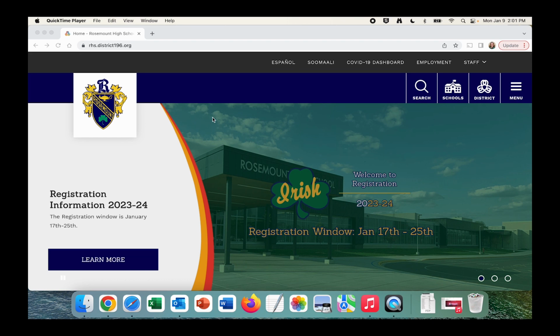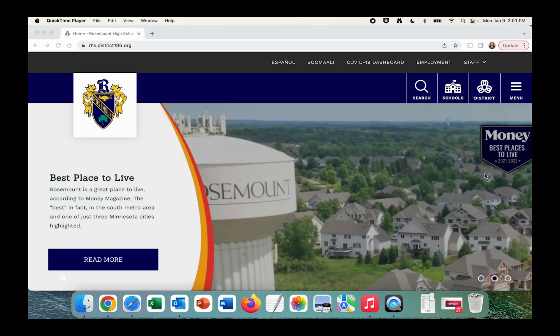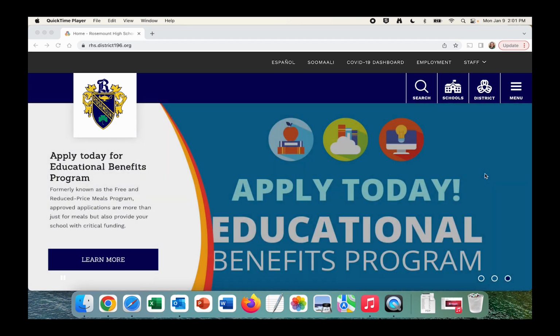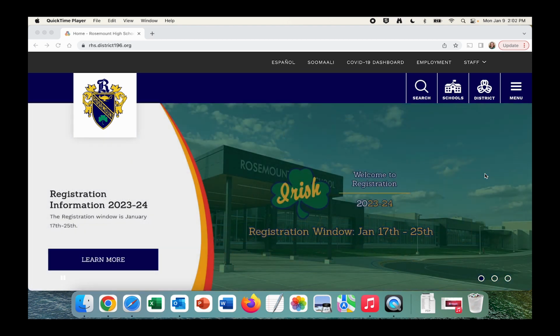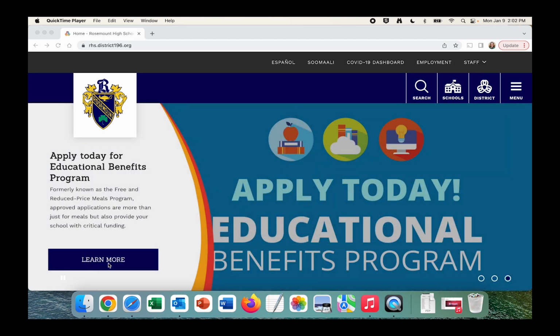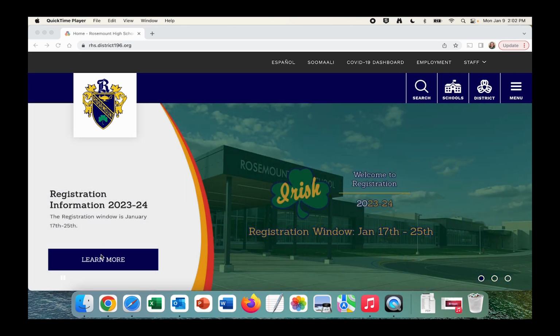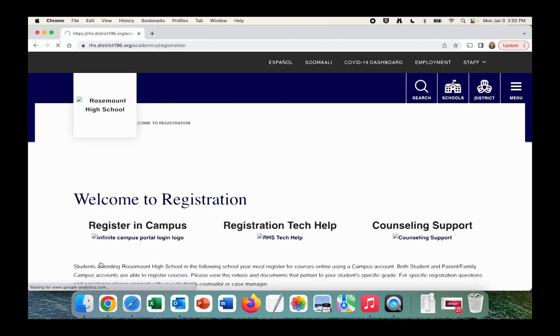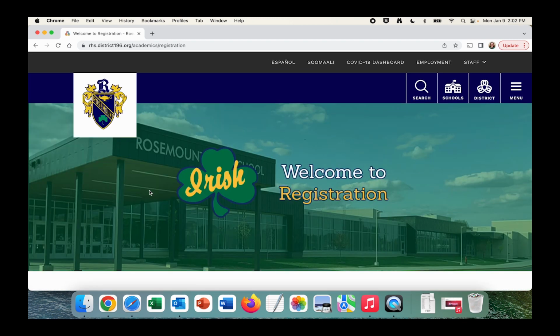rhs.district196.org. When you come to this website, you're going to notice that there are two different ways to log in to our specific registration homepage. One way is the scrolling banner that you see at the top here. When you see that banner come up, there will be a button over here that says Learn More. When that is the one that comes up, you simply click Learn More, and you will see the registration website